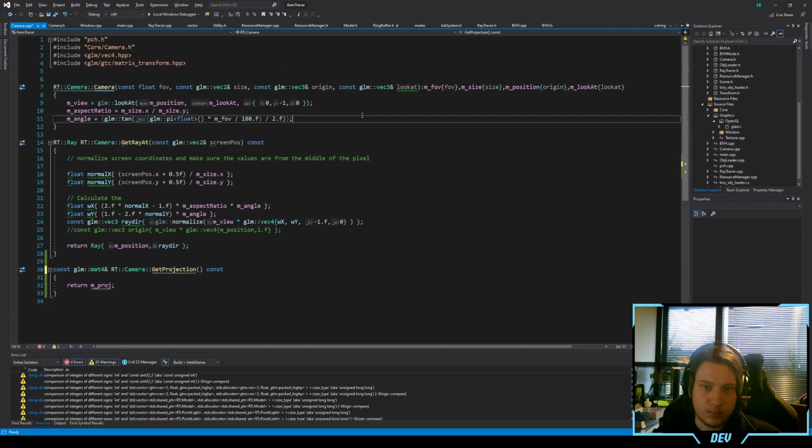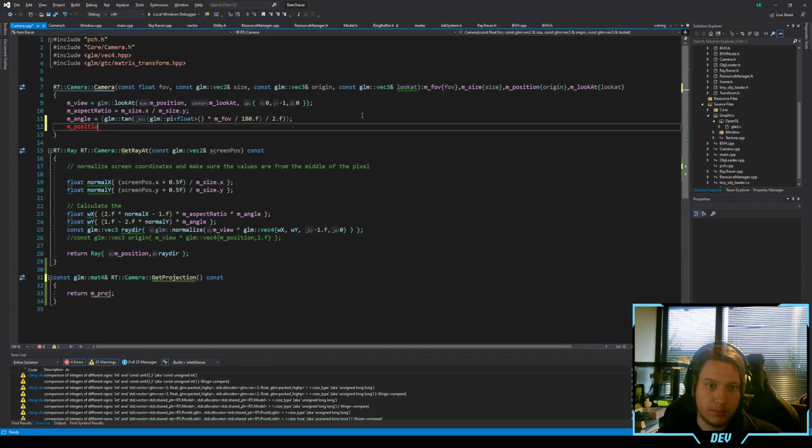Okay. So then m.projection equals glm perspective, and we would say the FOV, aspect ratio is, we already got that value, and then near and far plane would be,